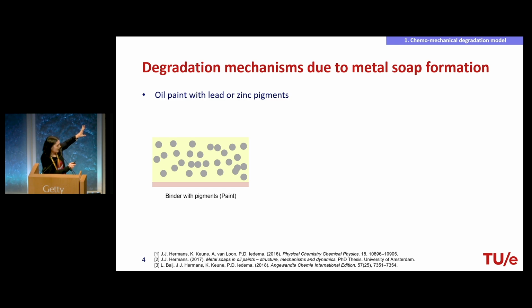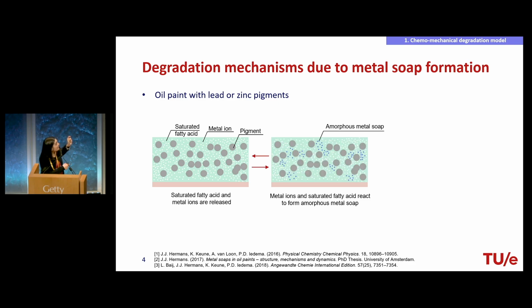Well, it is well known that paintings are layers of an oil binder medium that contains pigment particles. The pigment particles that are relevant for this process are either lead or zinc pigments. Upon drying, the oil binder polymerizes into a densely cross-linked polymer network, and it releases saturated fatty acids as a degradation product. At the same time, the metal ions can be released by the pigment particles, and they become complexed with the polymer network, forming a so-called ionomer, which is a relatively stable state of the paint.